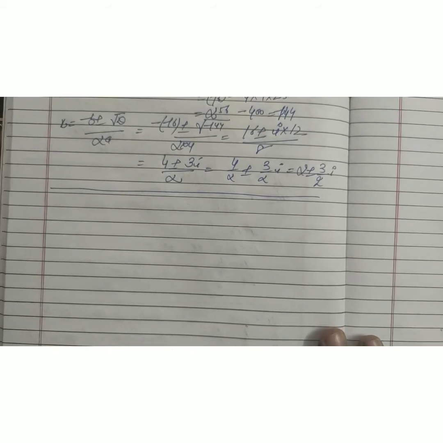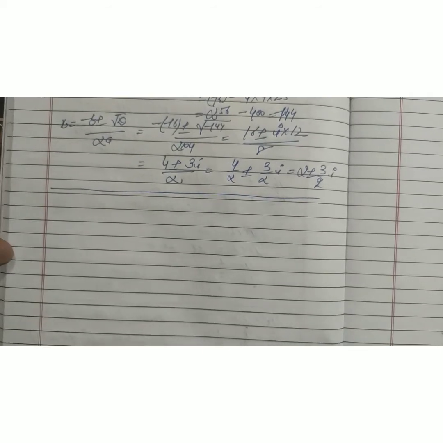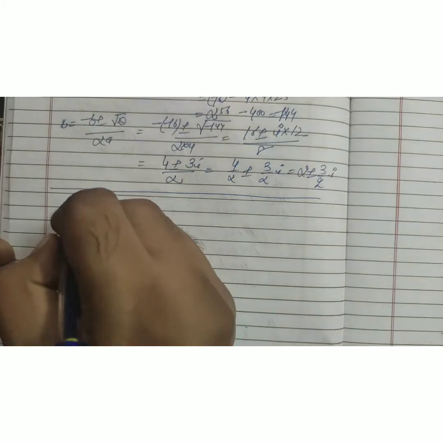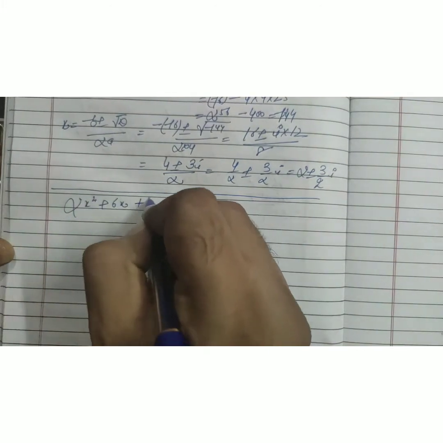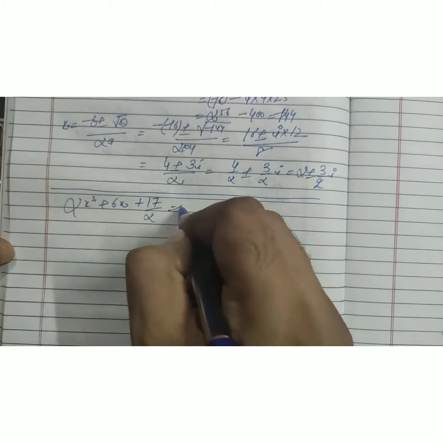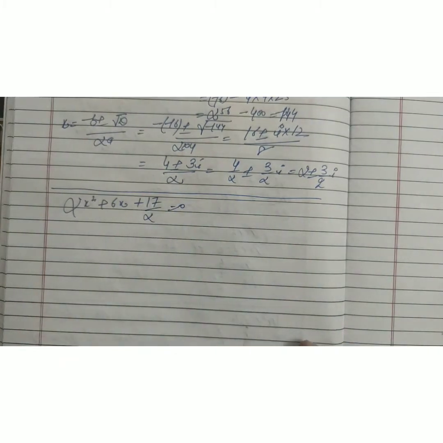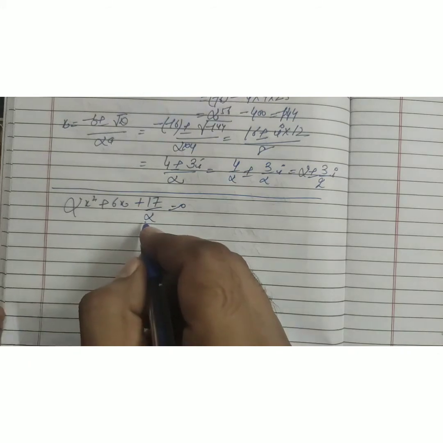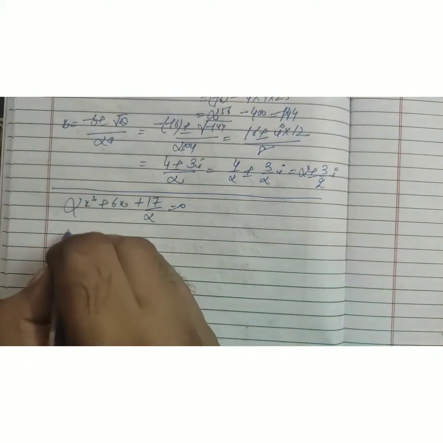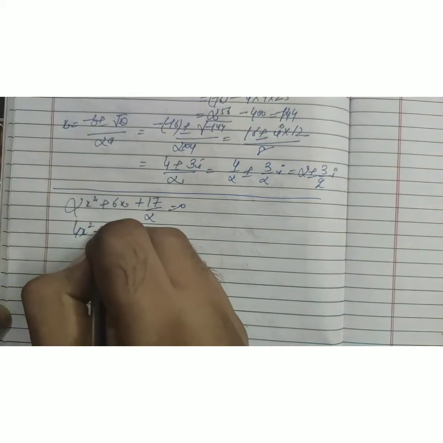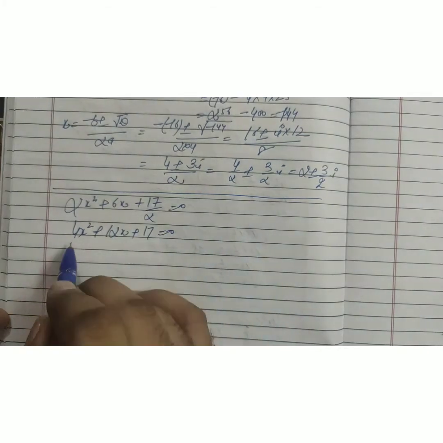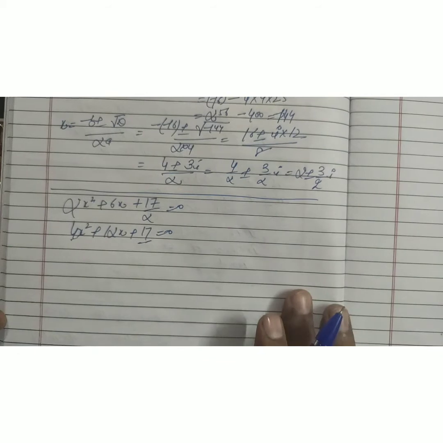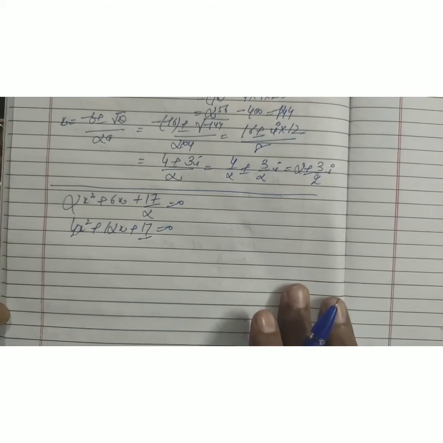Another example we are going to take here is 2x square plus 6x plus 17 by 2. If you see here, one of our terms is given in fraction. Removing the fraction first, so multiply throughout by 2, we get 4x square plus 12x plus 17. If you see here, the product of first and last is 68. Again, separating the middle term is not possible.